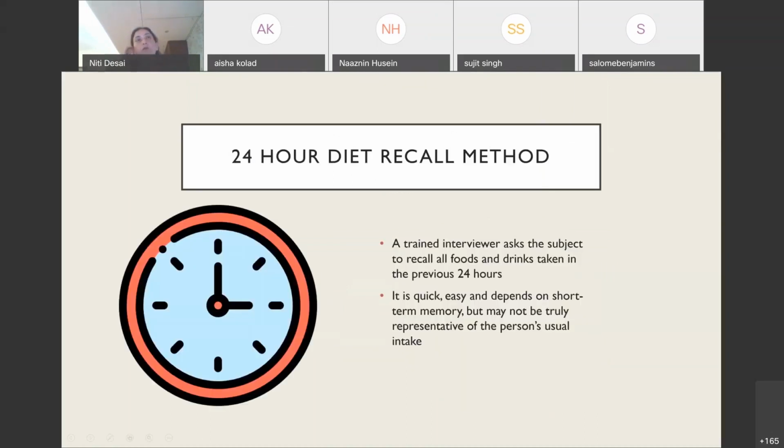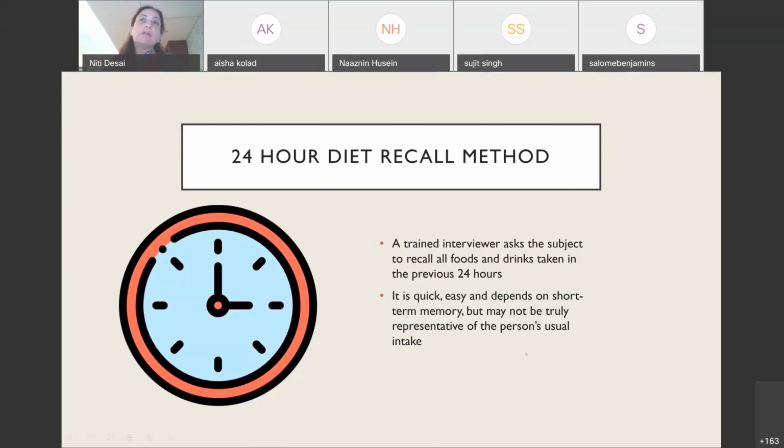So as we all know, the 24-hour diet recall method basically involves asking the patient or the subject to recall all the foods and drinks taken in the previous 24 hours. Very often, we also ask them, generally, what do you have for breakfast? So yes, what you had yesterday, but also what did you have generally in a week? Give me 3-4 options. The advantage is that we can get a detailed history,